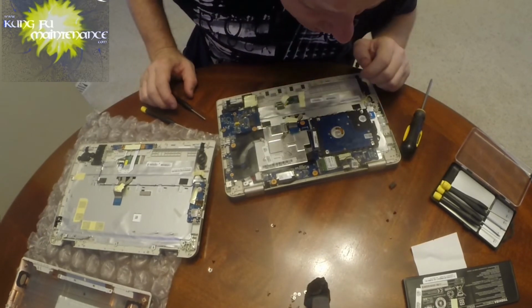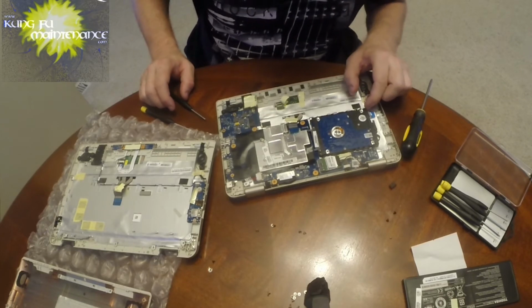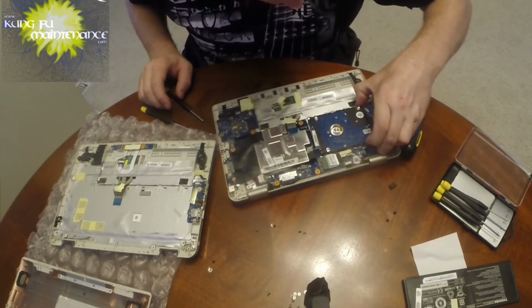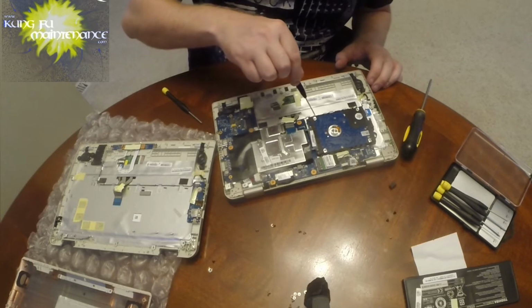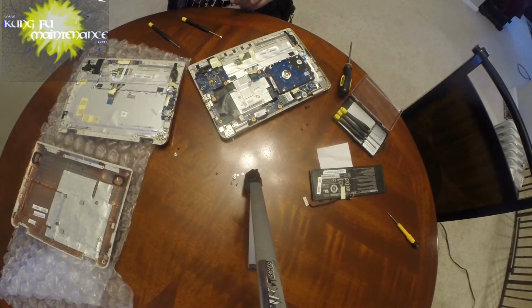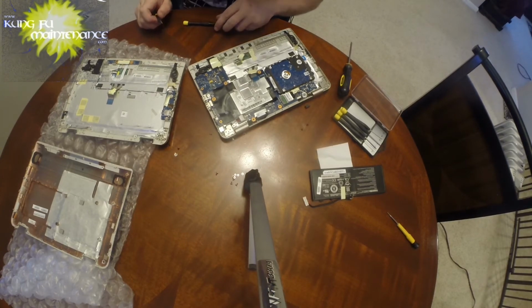Okay, so now we've got our hard drive, which is disconnected and separate from, and I don't know if it clips in or, let's see, go under the clips a little bit. Okay, I don't know why my camera just beeped. Hopefully I didn't lose the information. Okay, so